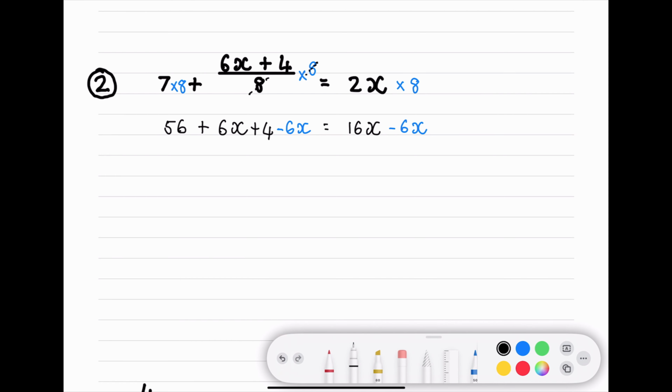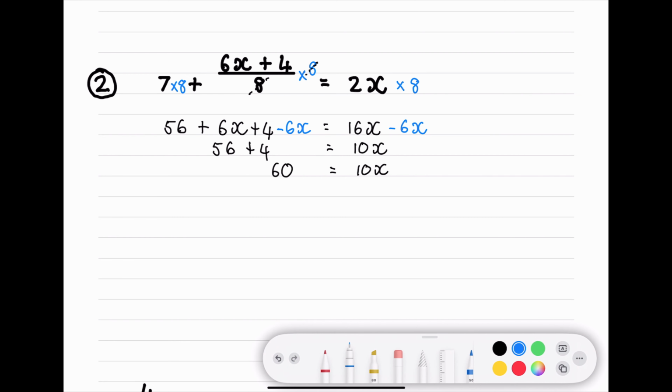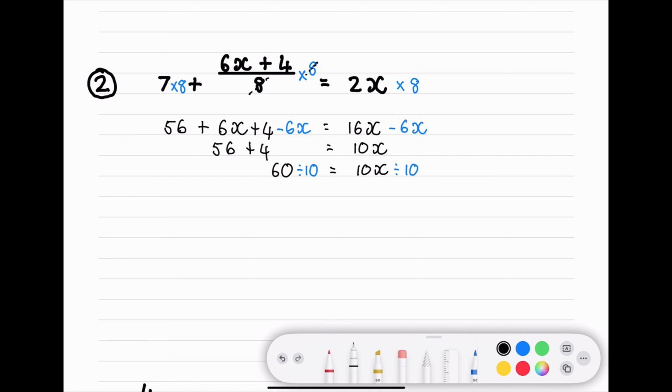So then you are left with 56 plus 4 is equal to 10x. 56 plus 4 is 60. Still left with 10x. And then, to get rid of the 10 before the x, you divide by 10. And what you do on the one side, you do on the other side. So then you are left with 6